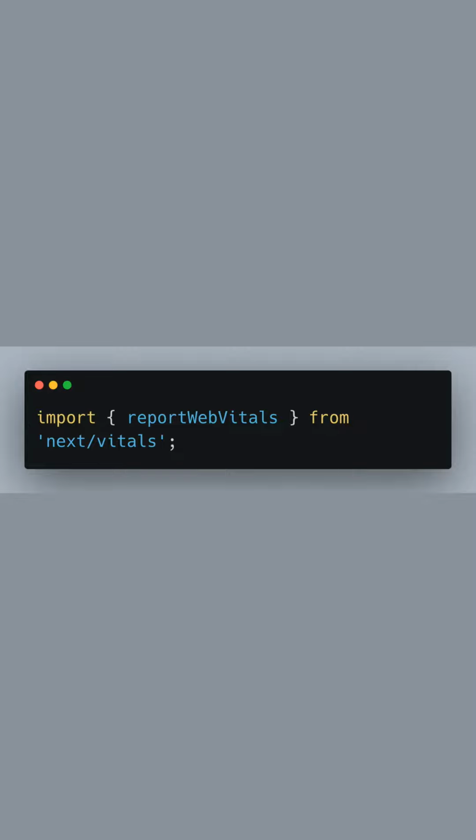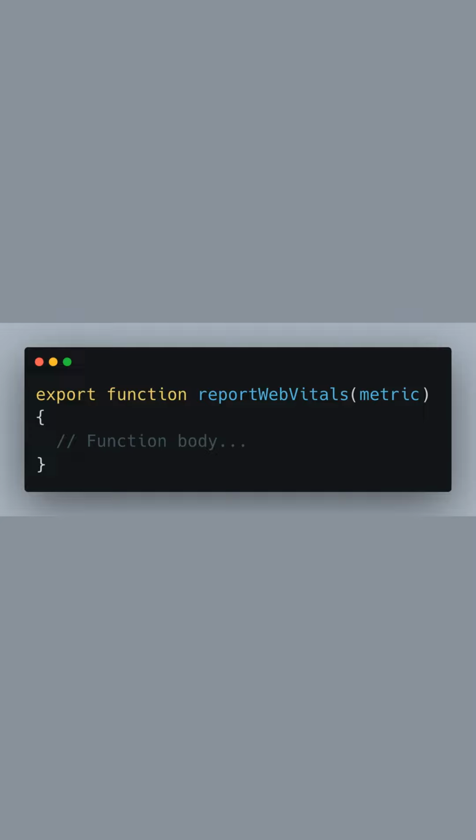First, we import the reportWebVitals function from the next/vitals package provided by Next.js. This function allows us to hook into performance metrics for our application. Next, we define and export our custom reportWebVitals function. This function will be called every time Next.js records a Web Vital metric, passing an object representing the metric as